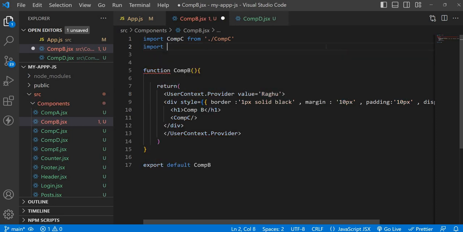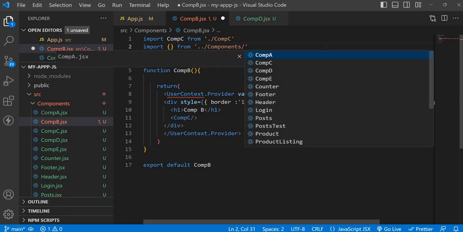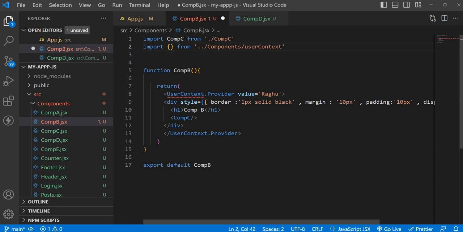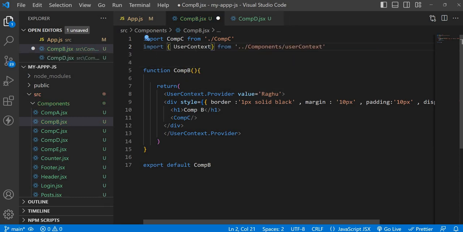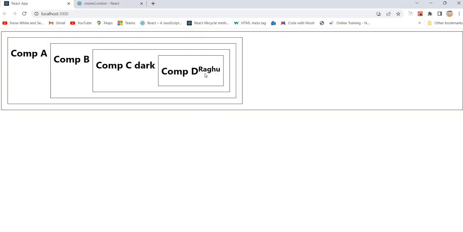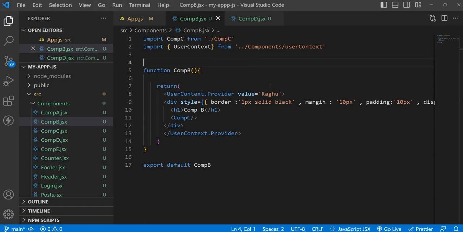So sometimes if you copy paste, it will be a problem. Okay, so just find out where it is. Components forward slash user context. Here, user context, this is right. Yeah, you see, we are getting the value, and if you change the value in the provider,